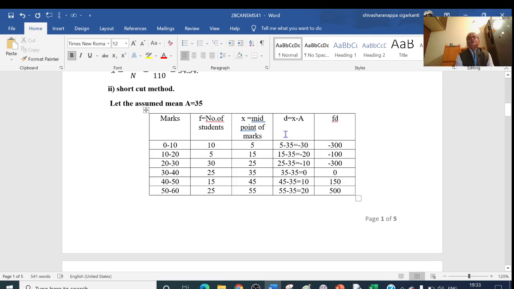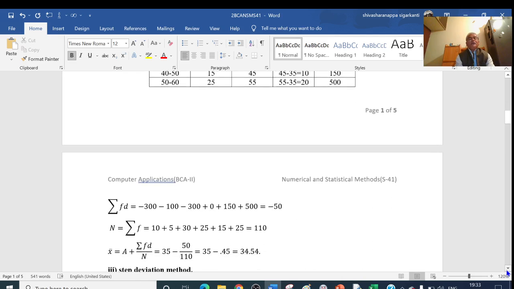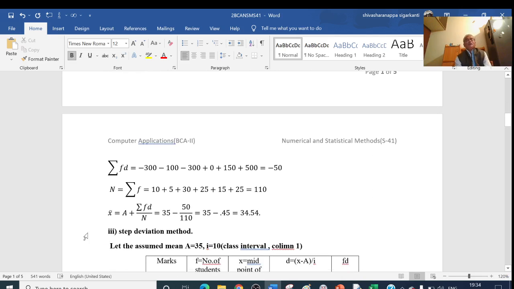The frequency is here: 10 into minus 30 is minus 300; 5 into minus 20 is minus 100; 30 into minus 10 is minus 300; 25 into 0 is 0; 15 into 10 is 150; 25 into 20 is 500. This is our fd. And to find the arithmetic mean by the shortcut method, the formula is x bar equal to